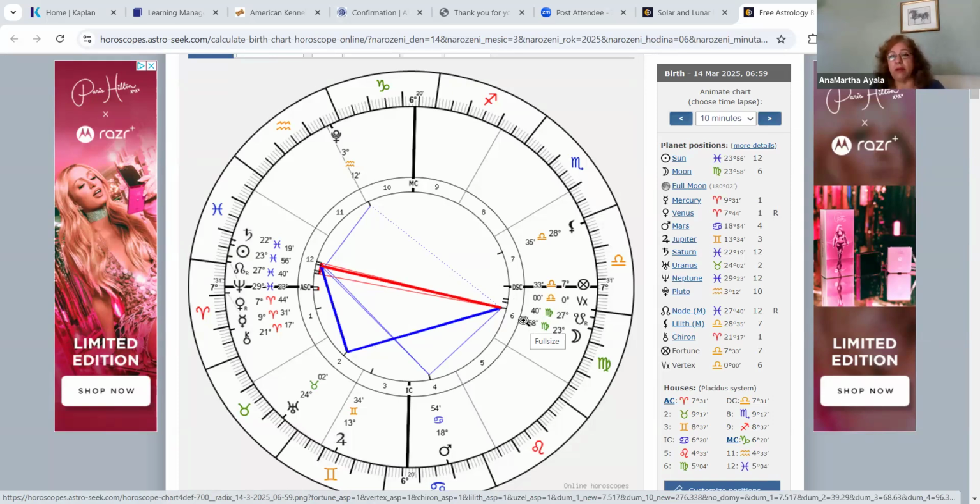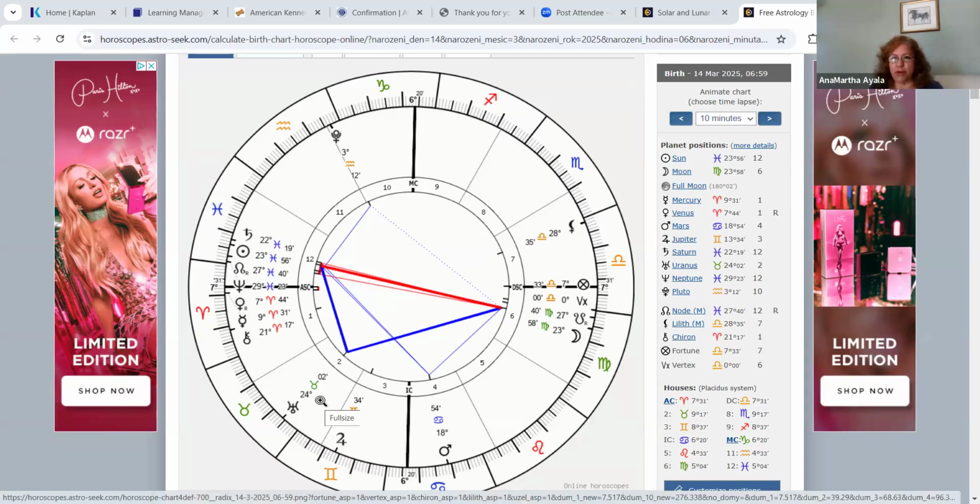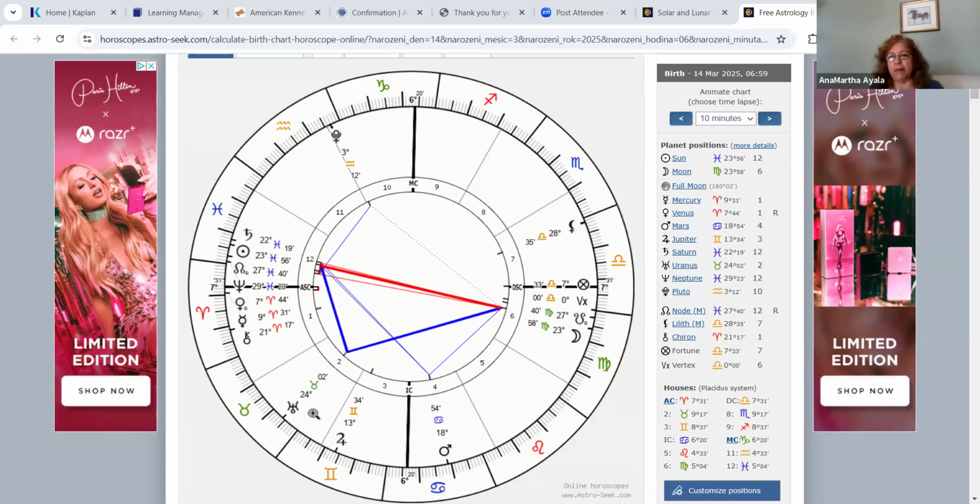Oh, the one good thing though, well, there are many good things, but one good thing is I anticipate that the airplane crashes will diminish because Uranus has moved on to 24 degrees. It's not at 23 degrees Aquarius. It rules everything that's in the sky. It rules airplanes. And I think Uranus was the one that was causing all these crashes. So I think that the aviation field will do a lot better as far as not being full of airplane issues, right?